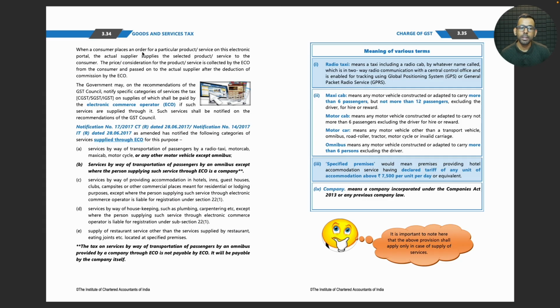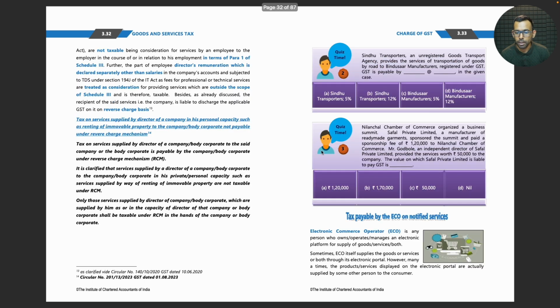Which segment are we in? Tax payable on e-commerce by the e-commerce operator on notified services. An e-commerce operator is any person who owns, operates, or manages an electronic platform for supply of goods, services, or both. Sometimes the e-commerce operator itself supplies the goods or services or both through its electronic portal. However, many times the products and services displayed on the electronic commerce portal are actually supplied by some other person